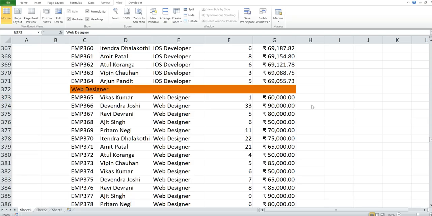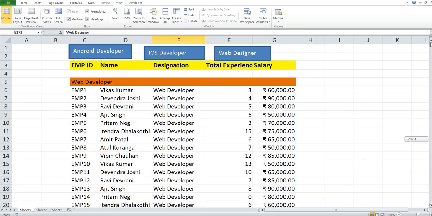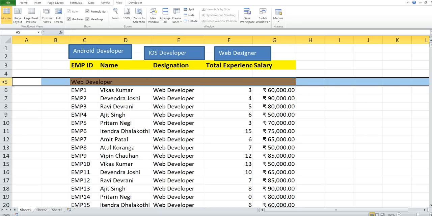If I click any button, then the header is not frozen. You can see here that it goes to the particular cell, but there is no header name on the particular rows. So I'm going to freeze the row here so that I can see the full table for the particular developer or the particular name. So I'm going to freeze it. Just select the web developer cell so that I can freeze the upper header.